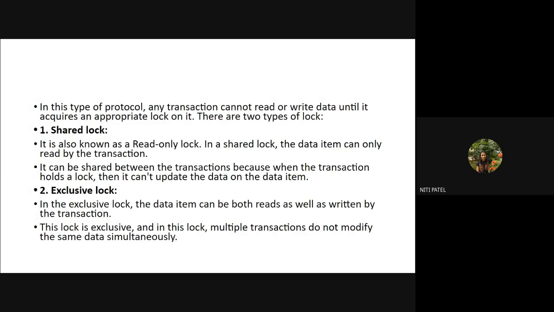So what is the purpose of this lock-based protocol? If you want to use any data item, you have to acquire a lock before using that. Once the lock is granted, then you can use that data item. So what types of locks are granted to the data item? It is either a read-only lock, which is called a shared lock, denoted by S. And if you want read and write to be done on a data item, you have to acquire an exclusive lock, which is marked with X. So for shared, it is S, and for exclusive, it is X. Okay, clear up till here?